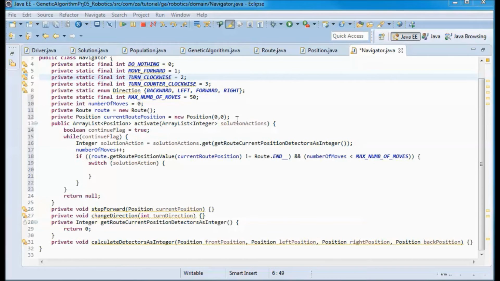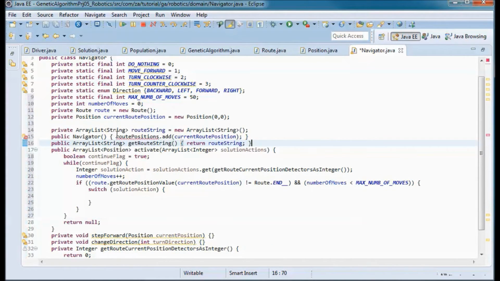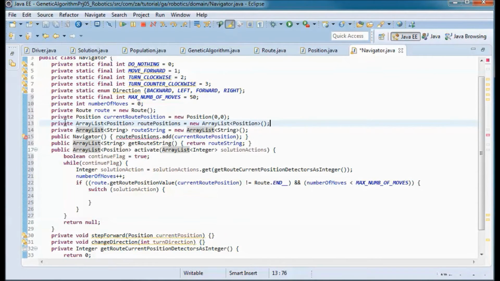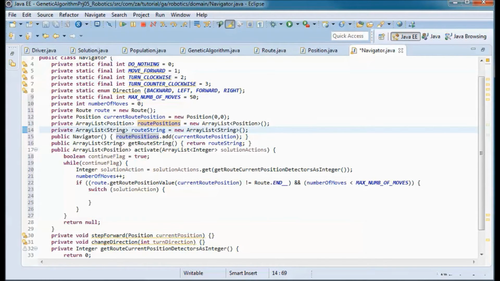And let me define a route string as an array list, and a route positions. So with the route positions, we are keeping track of the positions on the route, but the route string is for display purposes.